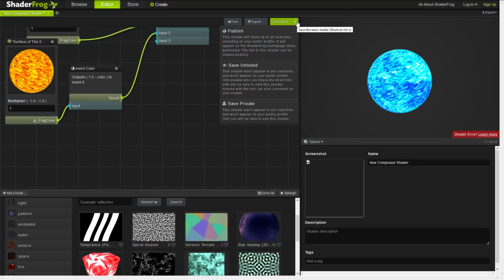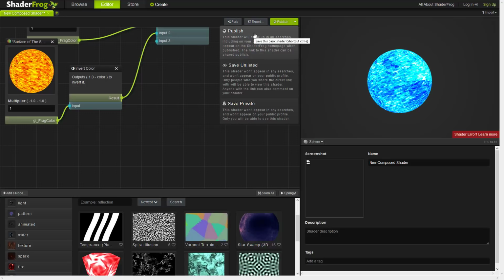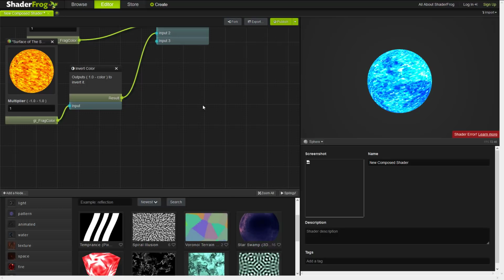You can publish it also unlisted or private. That's only available to you. So if you want to make it available to everyone, you publish it, or you can unlist it or make it private. On top of that, you've also got the ability, and this is really cool, you can actually import from